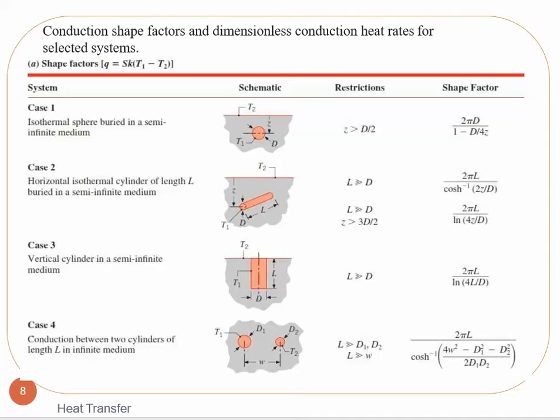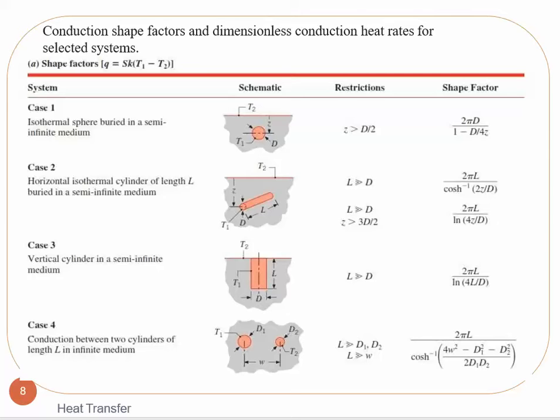In this figure or table, you can see the conduction shape factor and dimensionless conduction heat rate for selected systems. The shape factor is Q equal to S k times the change of temperature. For case 1, the system is an isothermal sphere buried in a